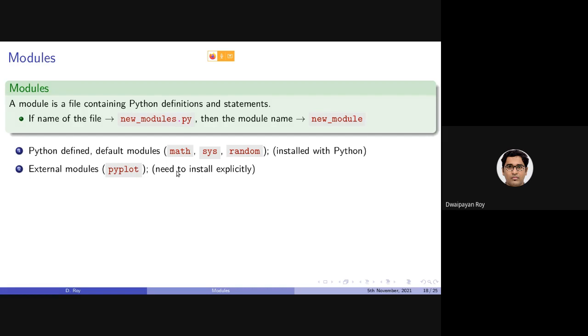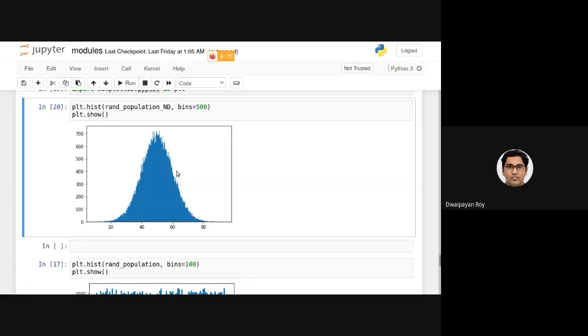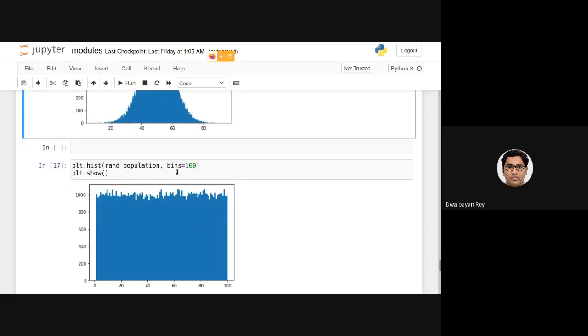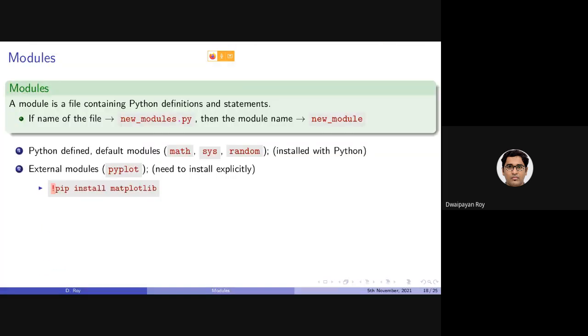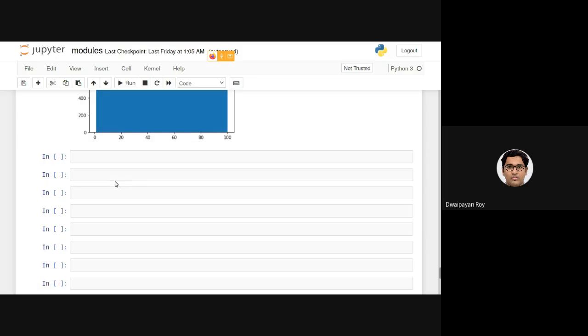Now, to install these external modules, we can use the pip command. If you are using Jupyter Notebook, a simple way of installing an external module is using this command. First there will be an exclamation mark, then pip space install space the name of the package. Okay, let's try that. Although it is already installed at my end, let's still try.